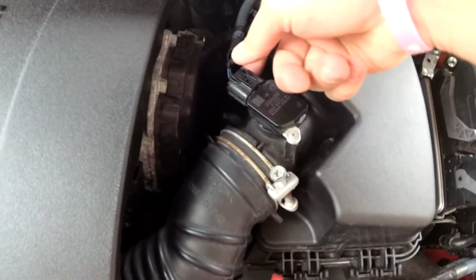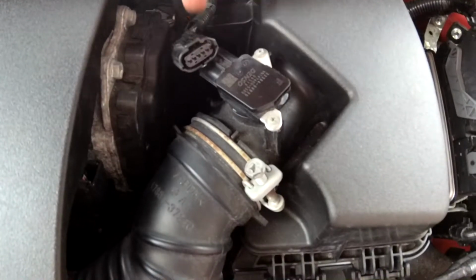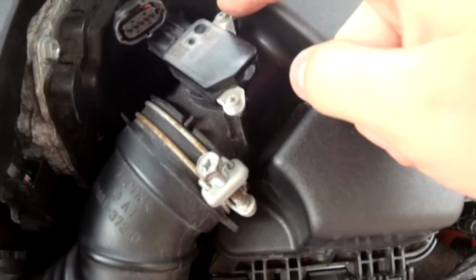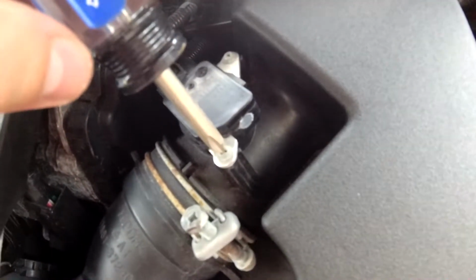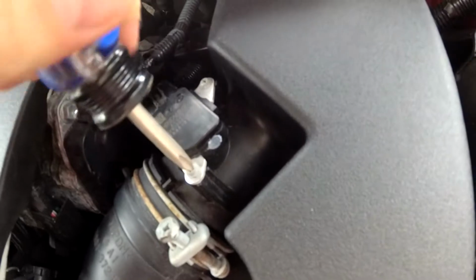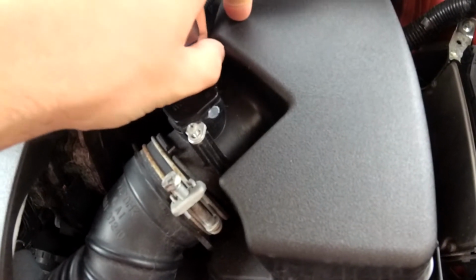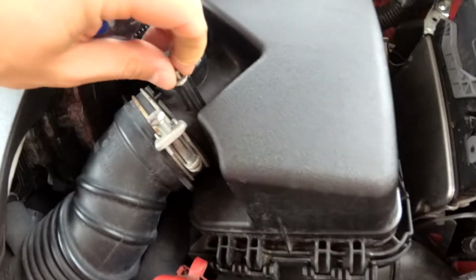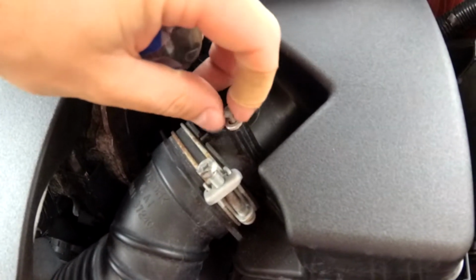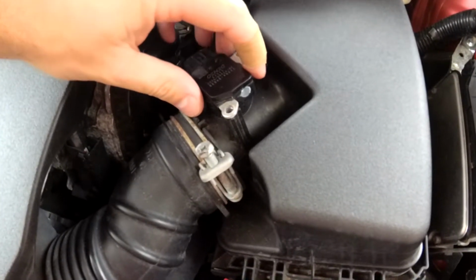First thing you want to do is disconnect the electrical connector to it, like so. The next step will be removing these two Phillips head screws. Next step is to remove the whole entire mass airflow sensor,